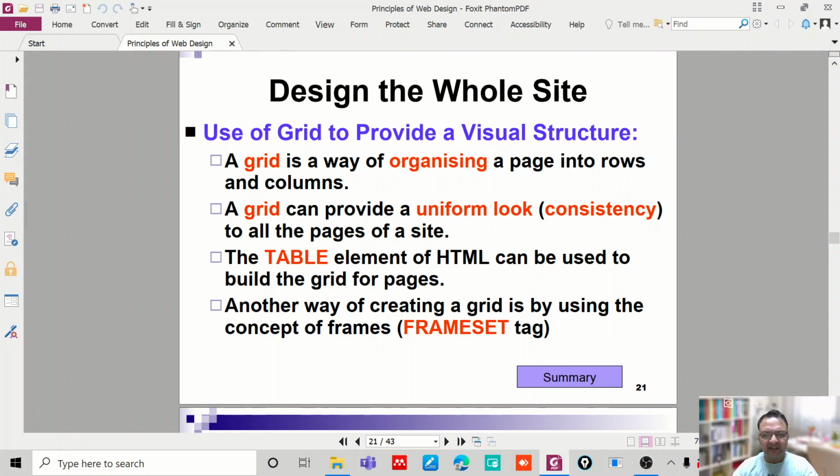A table is nothing but a number of rows and columns, properly aligned, and it looks better. Another way of creating a grid is by using the concept of frames, and this is actually done using the frameset tag in HTML.